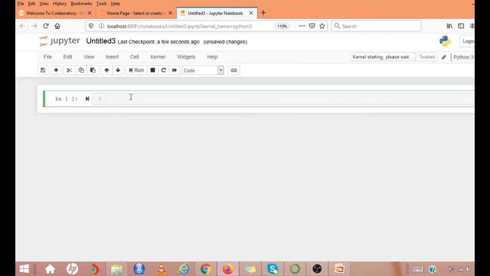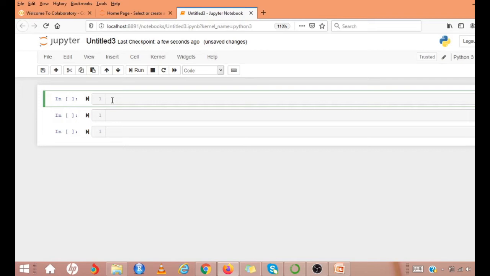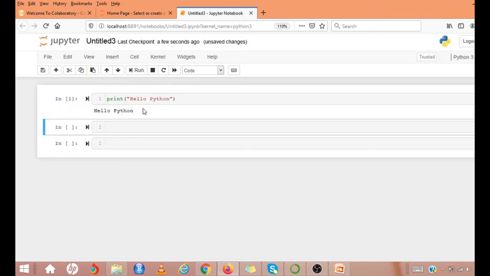So in Jupyter Notebook, you will have so many cells. These cells are called code cells. I can create the cells by clicking this plus button. Code cell means you can just type in Python code here. I just have a simple print statement here. And to execute that, either I can click this Run button or I can just give a Shift Enter. Now this is my output cell where I get the output of the previous code cell. So I can type in any number of commands here, and then either I have to give the run command or Shift Enter.